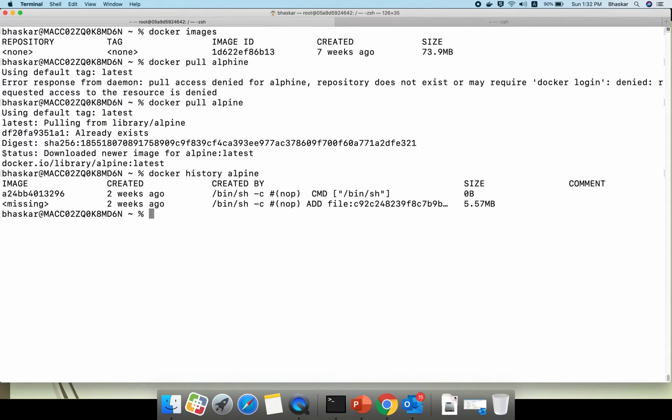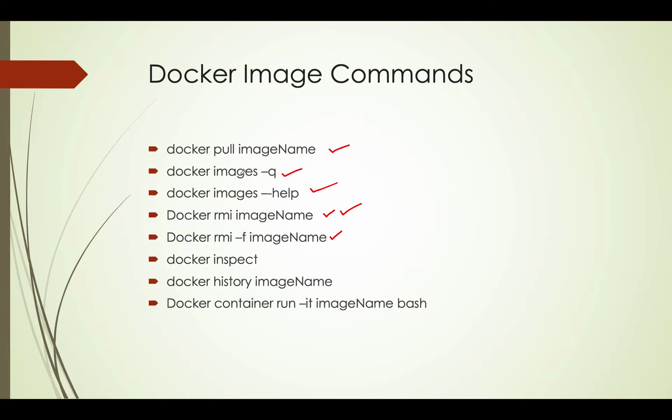See, when you created it, something is missing, so the history of your image details you will get here. It is running on bin sh. You can get from the image list and container list, everything you can get by using the history command. Okay, now this one you know, and this one you know, container run -t.